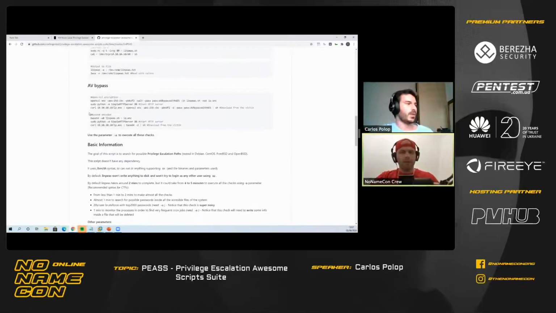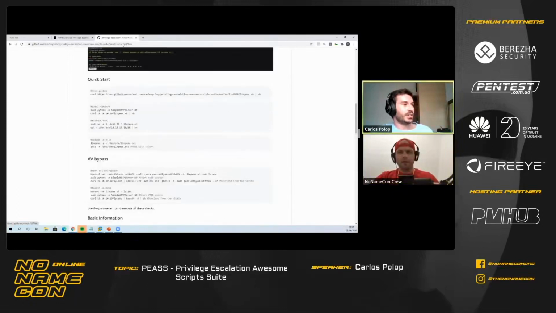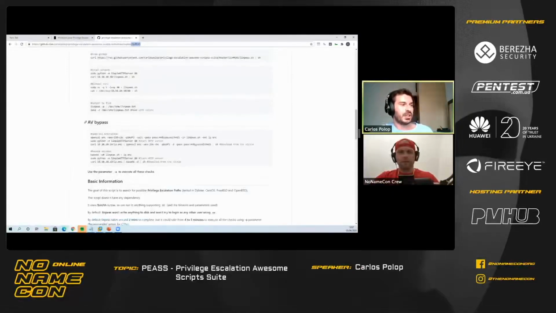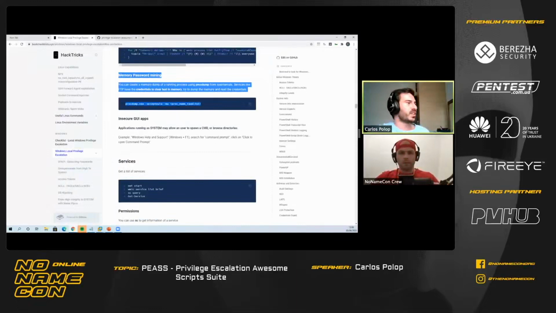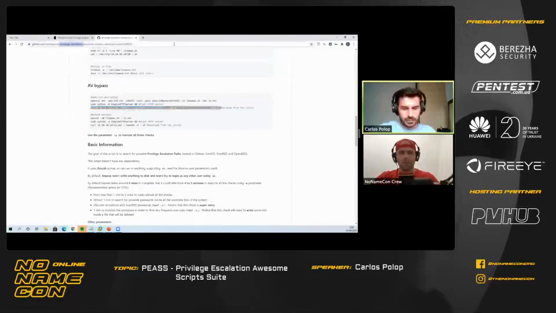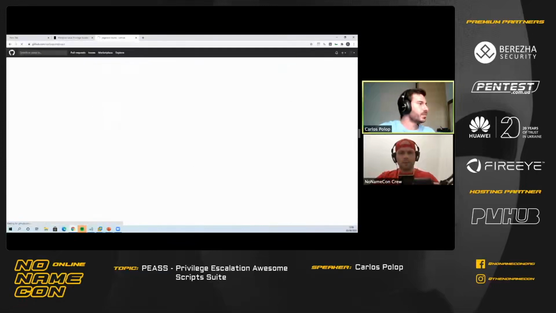I do, at least. Okay, so in the LinPeace README, I have here some very basic antivirus bypass trick that you may be able to encrypt using OpenSSL, the LinPeace, and then with a one-liner executed. So this is going to be decrypted on memory, and you may be able to bypass some antivirus. This is a cool trick if you just need to bypass antivirus in Linux. And in Windows, which is usually harder to bypass an antivirus, I have done something similar,